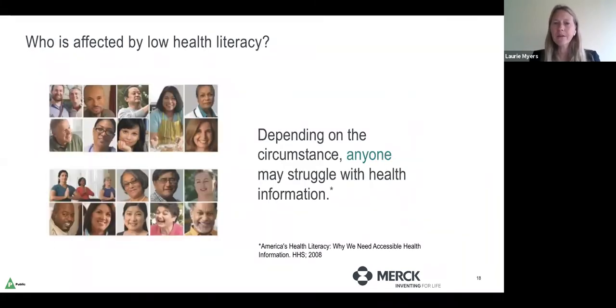So who's affected by health literacy? While it is true that there are statistically some things that put you at greater risk of low health literacy, so age 65 plus, low socioeconomic status, lower levels of education, it's also true that every single one of us can struggle with health information. And so I think there's probably not a person among us who can't say that at some point in time, they were really overwhelmed. Maybe your kid was sick and you were just really exhausted. Many other things. Maybe, and actually, if you go to the next slide,